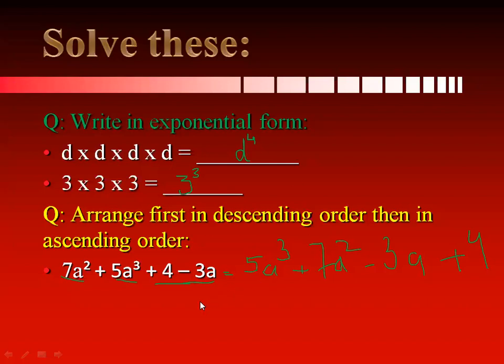Okay. Now, what will be the ascending order of this? Starting from there, you will write 4. Then, along with the sign, you will write minus 3a. Then you will write this one along with the sign, that is plus 7a squared. And the last one is plus 5a cubed. Okay, now almost all of you are writing the right answer. Please check it very carefully that the sign here is minus 3.